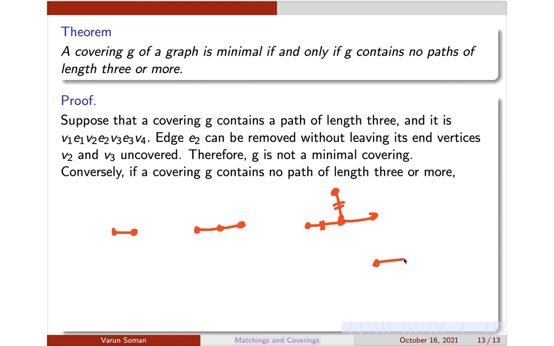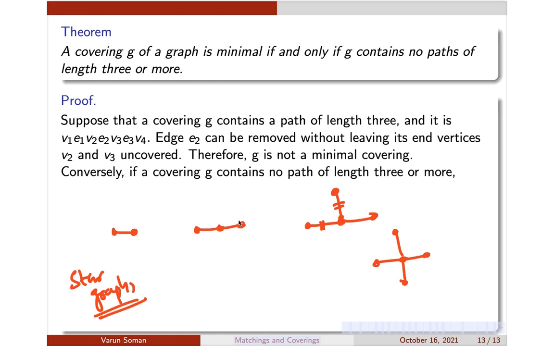Again, one more edge I will show. These types could also be there. That's the maximum possible. Again, if I draw an edge, I will be getting a path of length 3. So this is the maximum possible now. These types of graphs are called star graphs. So only these four are the only possibilities. No more is possible. Again, if I add an edge here, I will be getting a path of length 3.